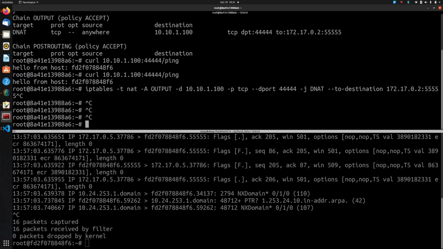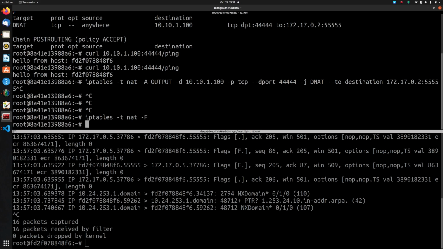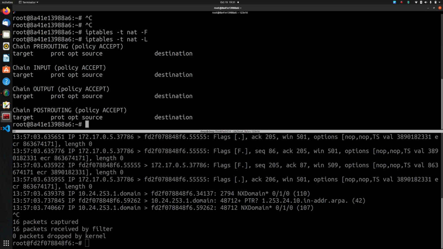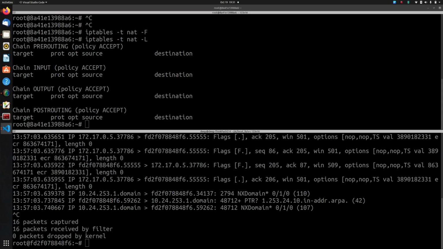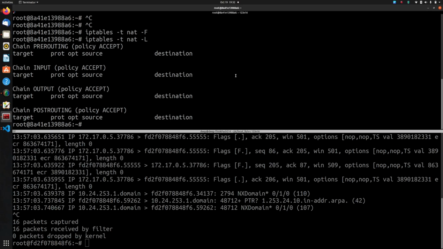For that, I will quickly flush the iptables. I just want them to be in nice order. So this is for flush. Whenever you are using this, be very mindful of the fact that it will completely wipe out your selected table. In this case, NAT will be completely wiped out. Let's check. Yep, it's wiped out. Okay, so now I'm going to use the nth mode or nth algorithm to do a round robin.